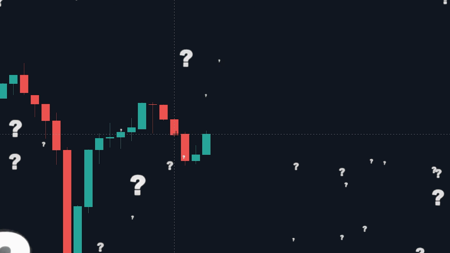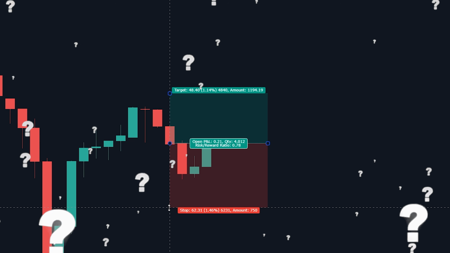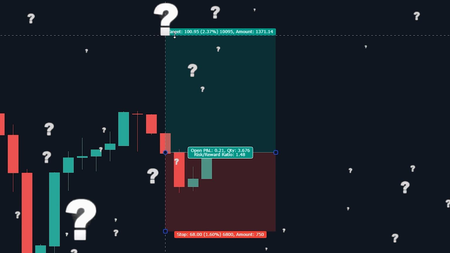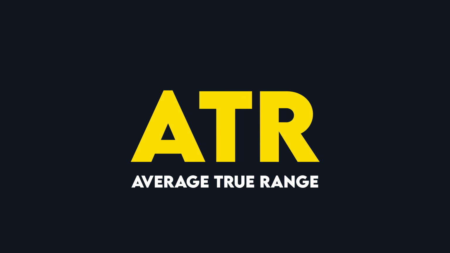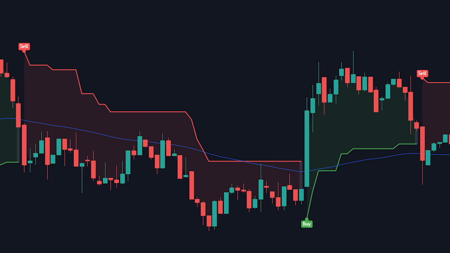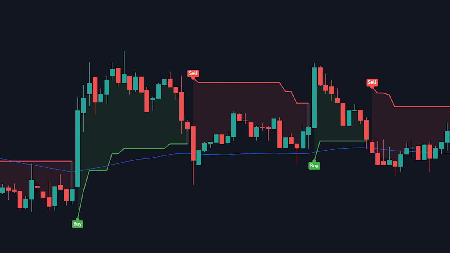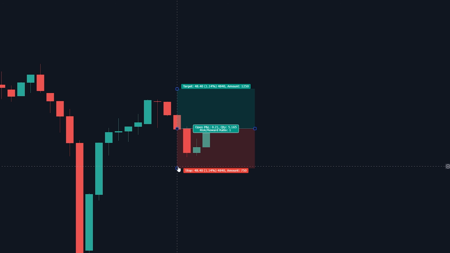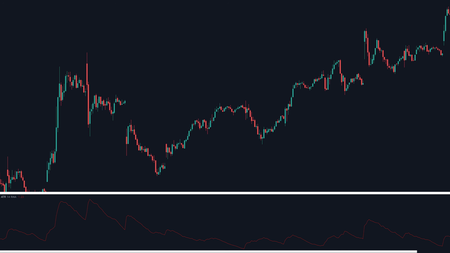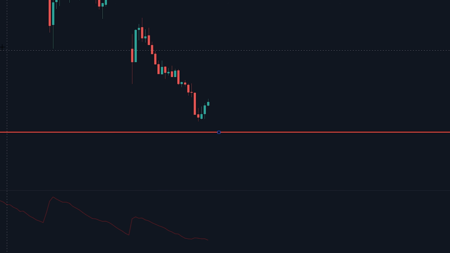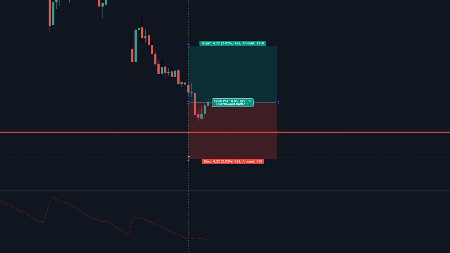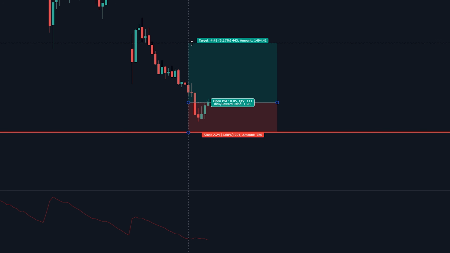So what is this mysterious indicator that will help you place your stop loss and lower the chance of it ever getting stopped out? It is the ATR, or the average true range. I use this indicator on basically all of my trading strategies to help decide where to place my stop losses. We're going to talk about what the ATR is, why you should be using it, and how to implement it in all your strategies so you can set your stop losses at the correct position every time.